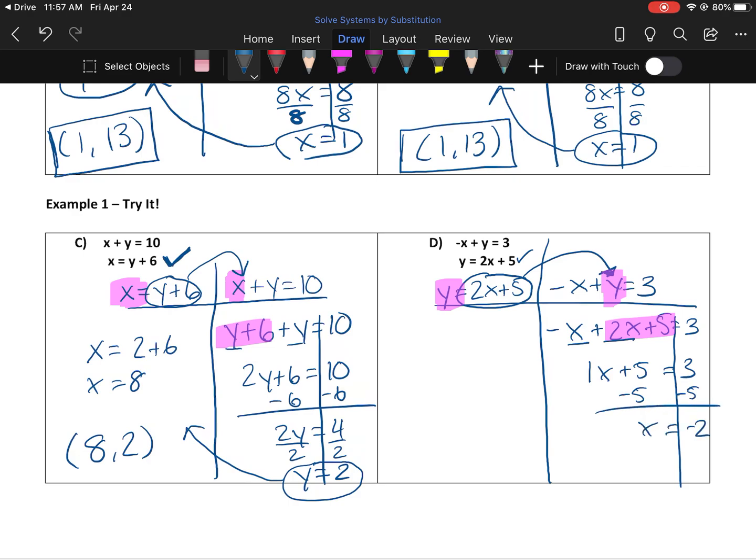X is equal to negative 2, but we're trying to find an ordered pair, so let's bring that over. Y equals 2 times negative 2 plus 5. Y equals negative 4 plus 5. Y equals 1. But we want to make sure we write that final answer as an ordered pair. Here's x